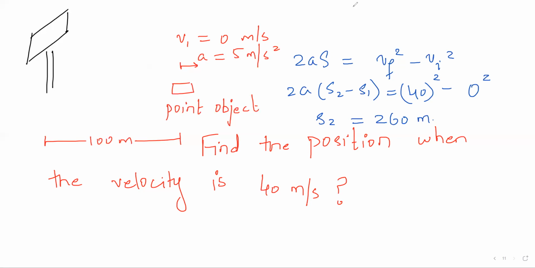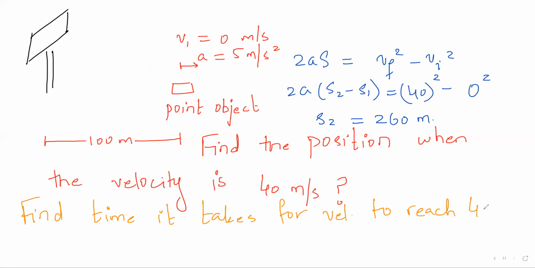Just one quick question I wanted to emphasize on your physics 1 as well. You can also find the time it takes for velocity to reach 40 meters per second. So that is delta S equal to vit plus half a t square,